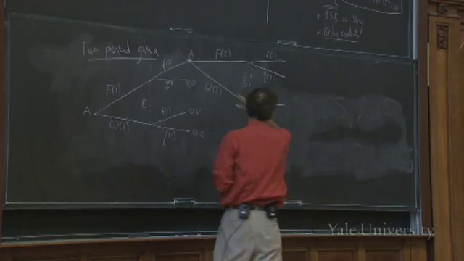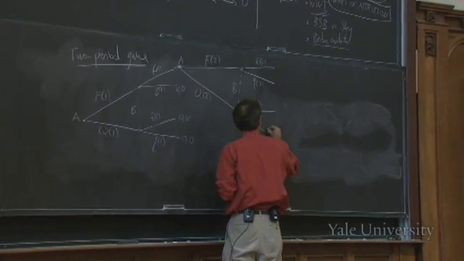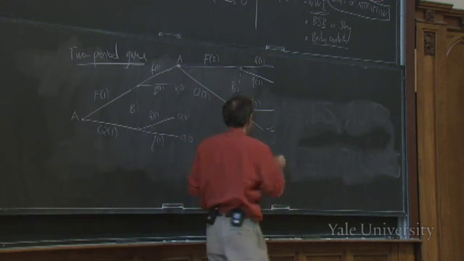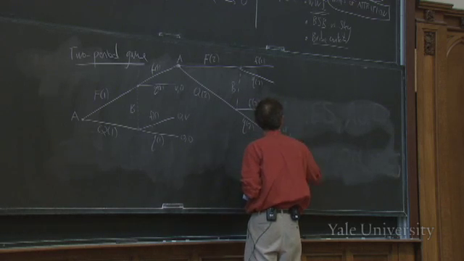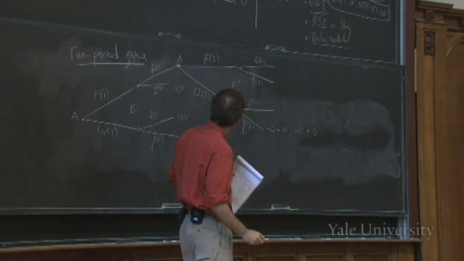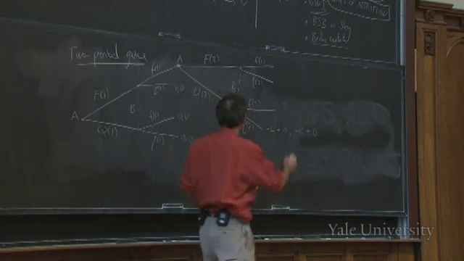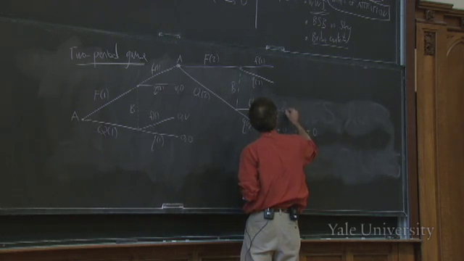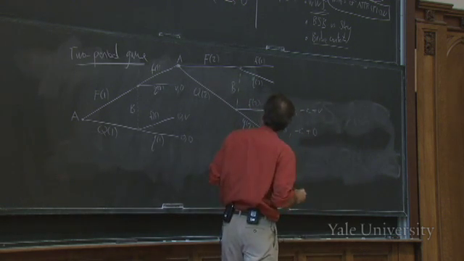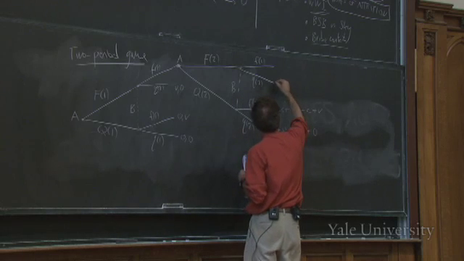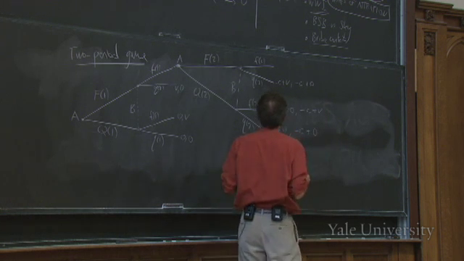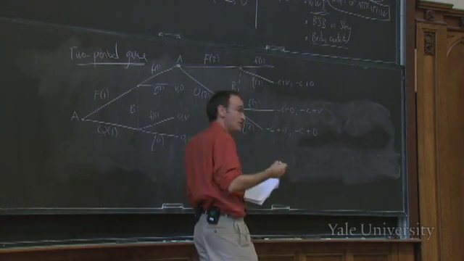So in the second stage, if they both quit in the second stage, then their payoffs are going to be for A minus C, the cost they accumulated in the first stage, plus 0, and for B minus C plus 0. If A quits and B fights in the second stage, then the payoffs are minus C plus 0 and minus C plus V. If A fights and B quits, then the payoffs are minus C plus V and minus C plus 0. And if they both fight for 2 periods, we have a decision to make about how we're going